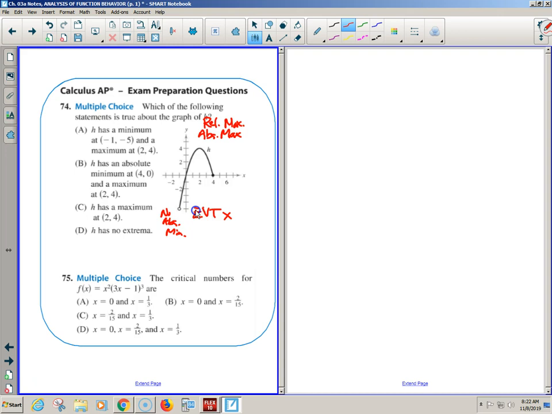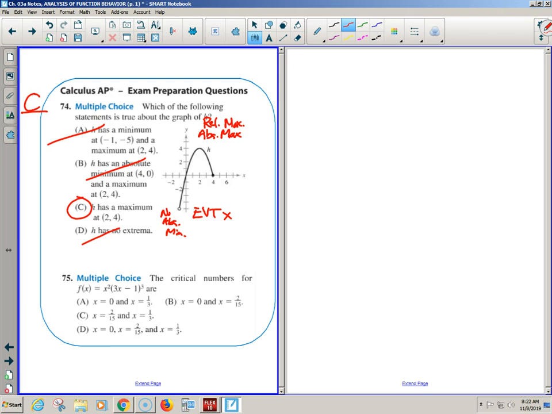Okay, so check it. Does h have a min at -1, -5? It's not even there. It's a hole, right? Yes. Does h have an absolute min at 4, 0? No, because it goes lower. Does h have a max at 2, 4? Yes. Does h have no extrema? No. I see the max. Yay. Therefore,